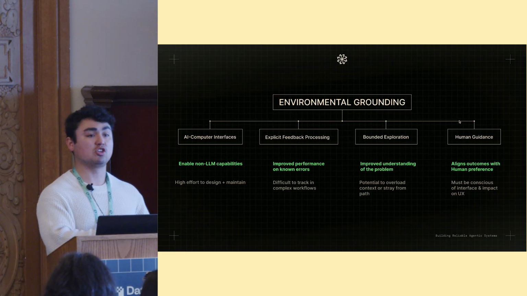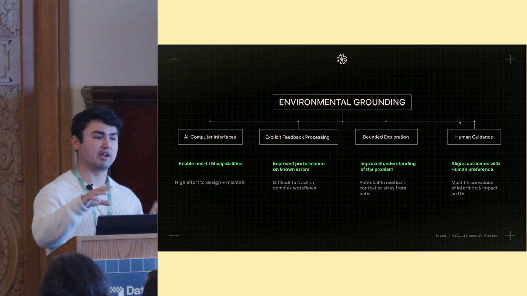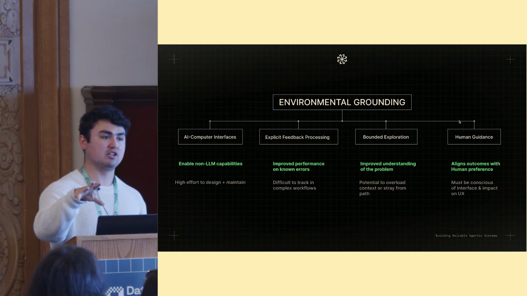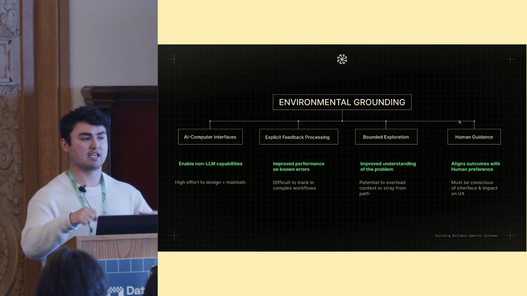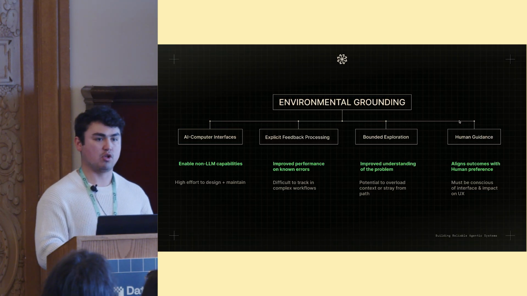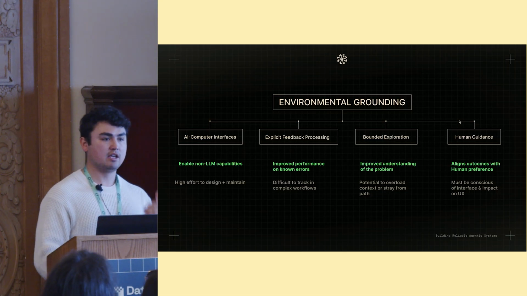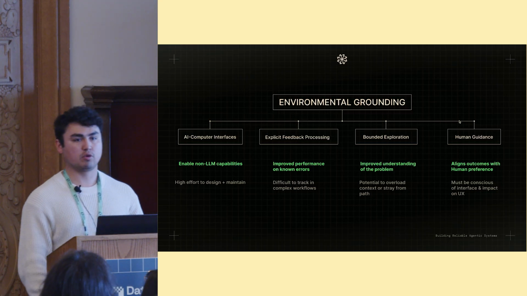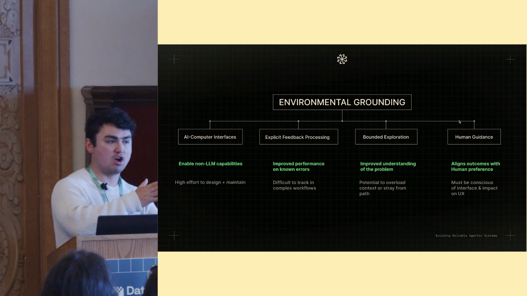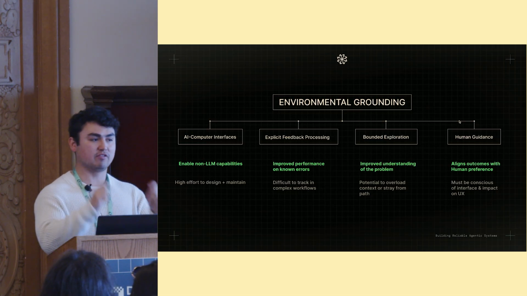Our original product 2 years ago was fully asynchronous, fully delegated agents that operated off triggers, right? I create a pull request and a review comes. I create a Jira ticket and an agent jumps on that ticket and starts writing code. We actually got those agents to be quite reliable at creating code that most people would rate 80%, 90% similar to a human. But the feedback was very weak. People were like, well, what am I supposed to do with this? It went one step wrong on like stage 4. And if it had just gone a little bit more to the right, I would have loved this PR, but